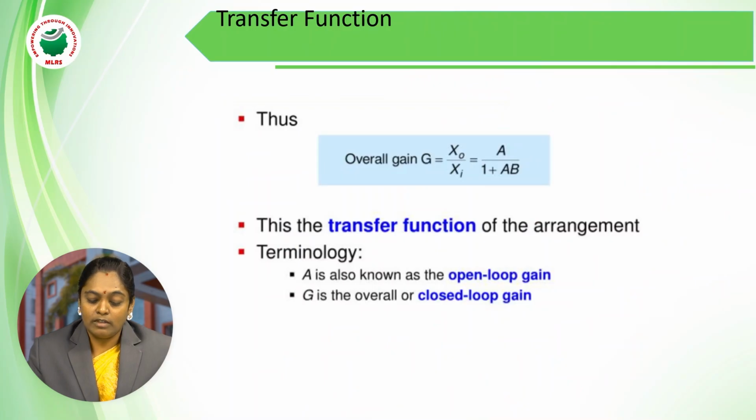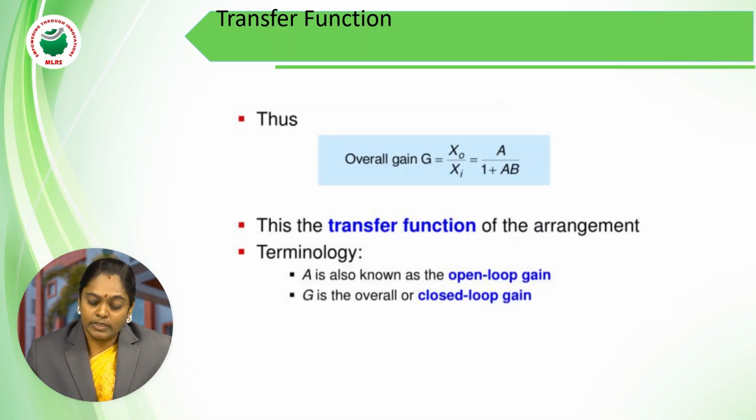So the same thing which I have written over here, overall gain is nothing but output by input. Whatever I have derived just now is nothing but a by 1 plus ab. This overall gain is nothing but the transfer function. In general, gain is nothing but output by input. But what is the difference between a gain and a transfer function? In case of gain, we are just finding the ratio of output to input. Whereas in case of a transfer function, we are assuming that initial conditions are 0, as well as applying a Laplace transform for the output as well as the Laplace transform for the input.